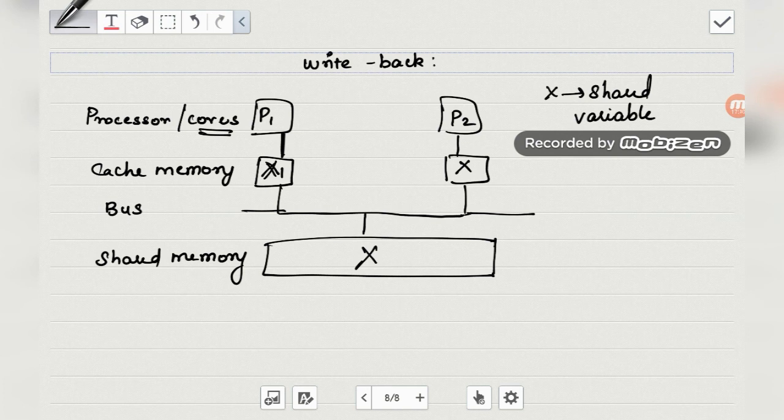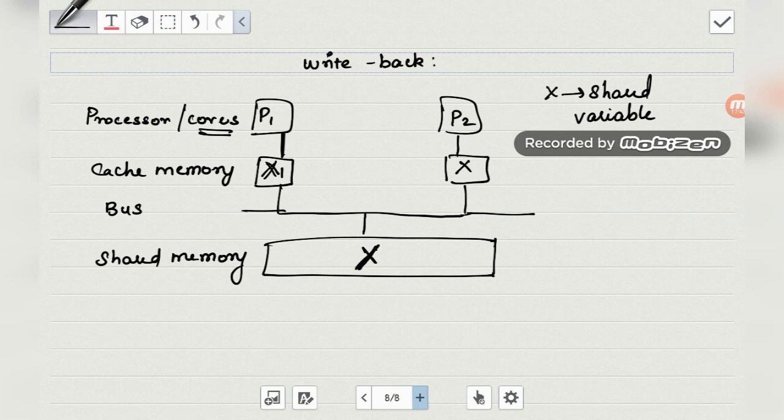So that is the reason this will remain X itself. This value will change only when the updated value is replaced or invalidated. Only then will the value in the main memory change. So these are the inconsistencies that are occurring.